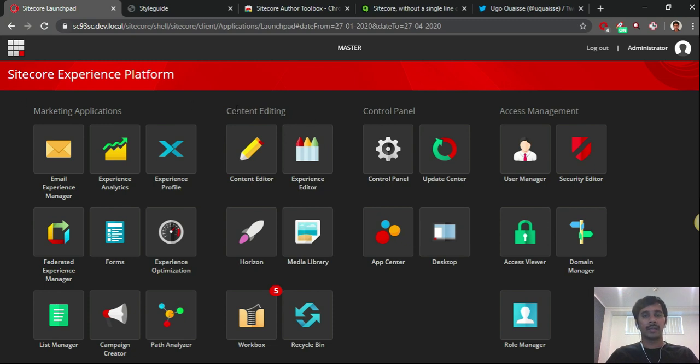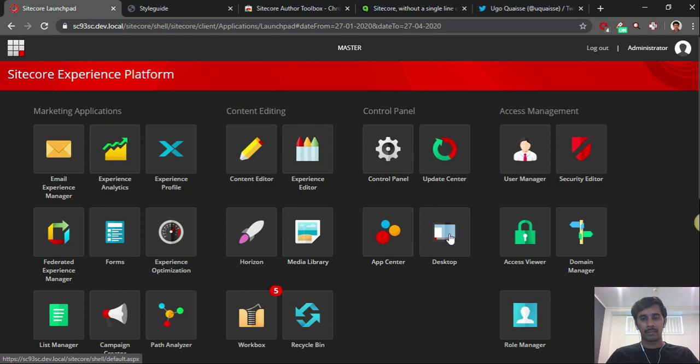The first big feature, which attracted me initially to download this extension, is dark theme. I'm a big fan of dark themes, be it Visual Studio or Slack, any other IDEs or the browser. Everywhere I use dark themes. So this is the first feature I really liked about this extension.